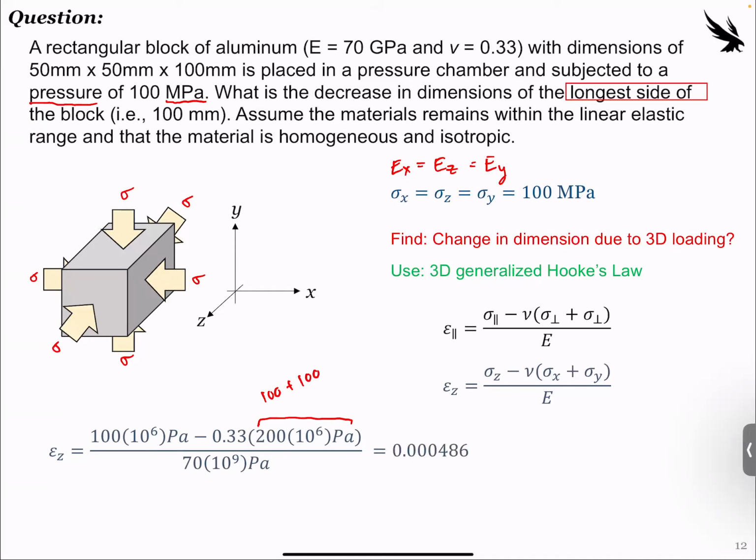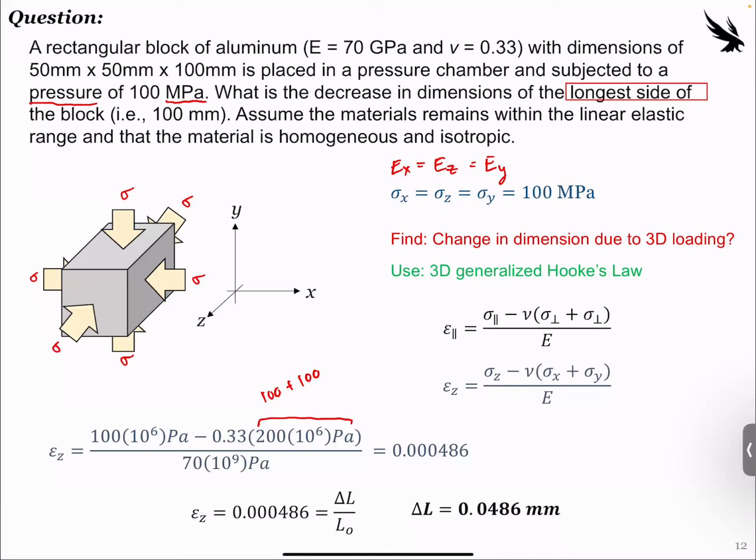What we see for the strain here is 0.00486. This would be pascals over pascals, inches over inches. It's a unitless number here. But remember, what we need to find is the change in the dimension, so we can't just use strain. We have to multiply it by the original length to find the change in length. So the change in length in this case would be